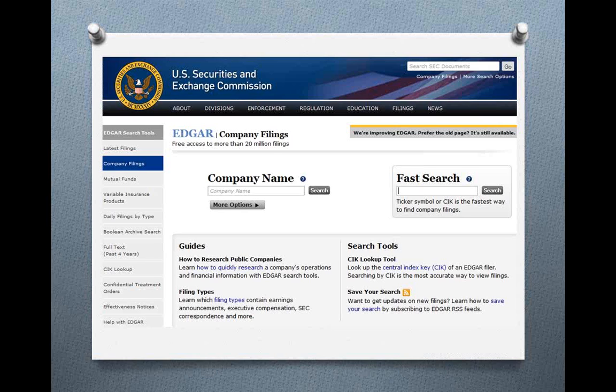When you hit more options, there is a toggle that says include or exclude ownership documents, and you are going to want the ownership statements. These are forms 3, 4, and 5. This is where you're going to be spending most of your time with SEC documents because they're the ownership disclosure forms. Make sure what you are looking at is as current as possible